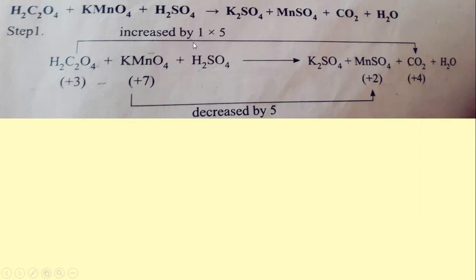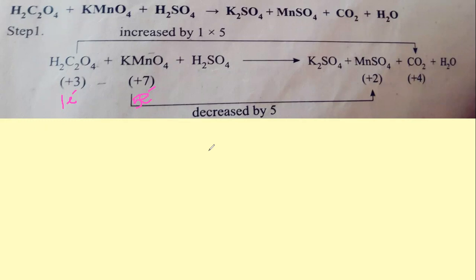then we have to find which will be the oxidation and which will be the reduction reaction. See here, from +3 to +4, that is carbon, it increases by 1. So which means it is said to be an oxidation reaction. And now here in this manganese +7 to +2, it decreases by 5 electrons. So simply it is said to be a reduction reaction. See, now you see this KMnO4 will have, because in the second step we have to cross multiply it.